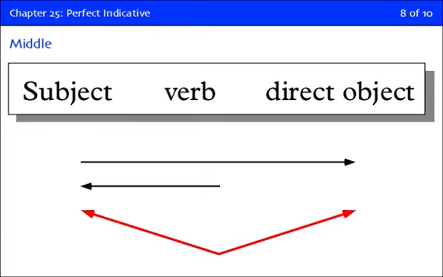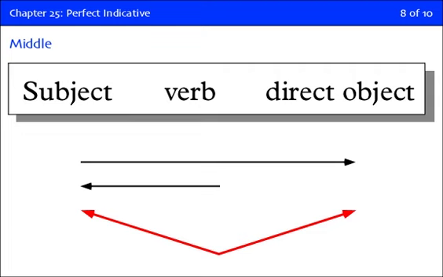You have your subjects and verbs and direct objects. If the verb is active, it means the subject does the action of the verb to the direct object, right? If the verb is passive, then the subject is receiving the action of the verb. If the verb is middle, the subject is still doing the action. The direct object is still receiving the action.